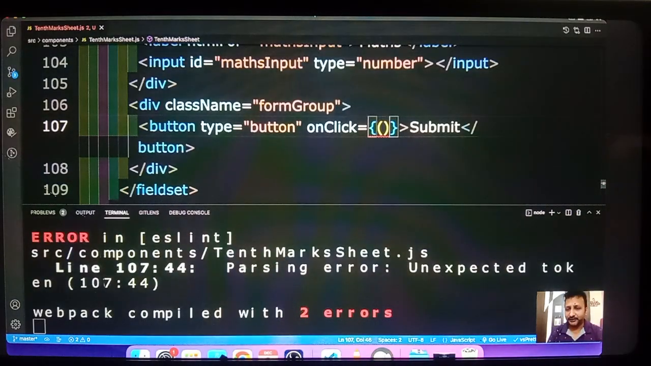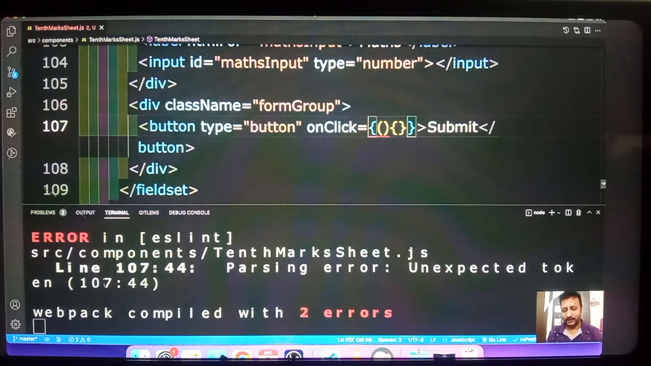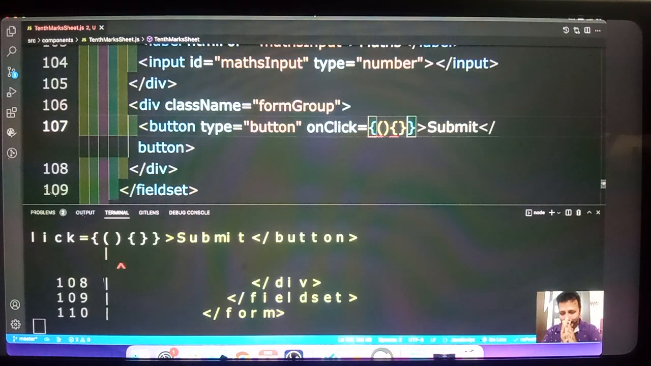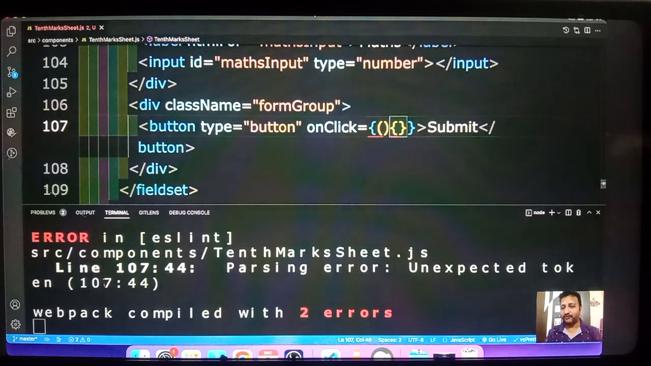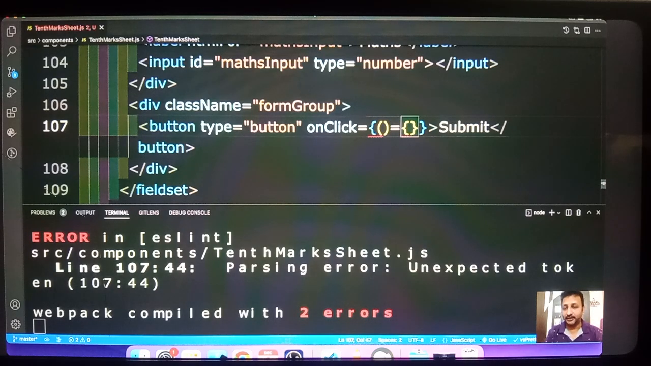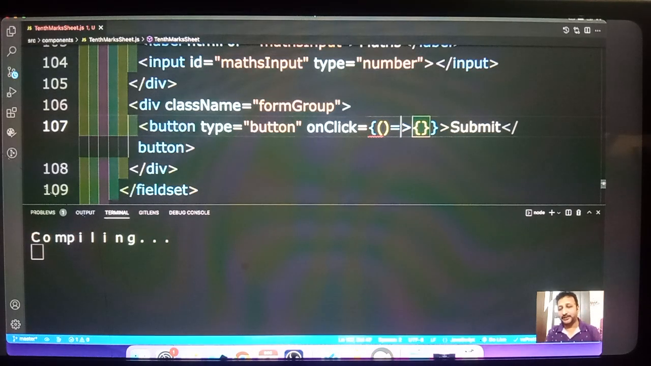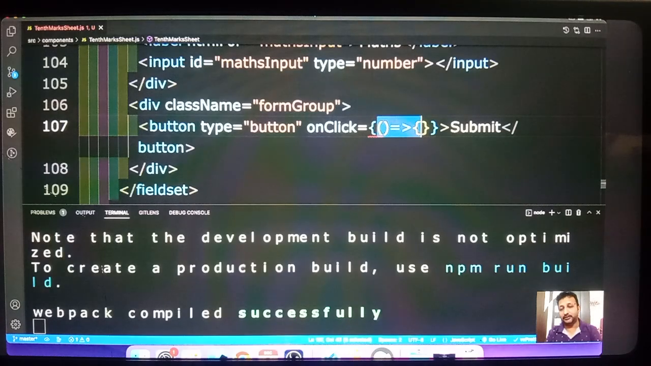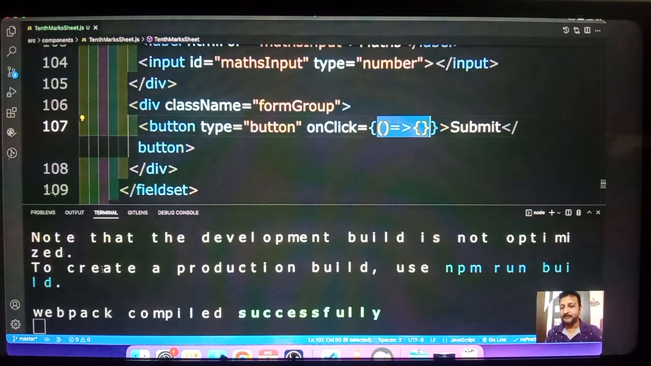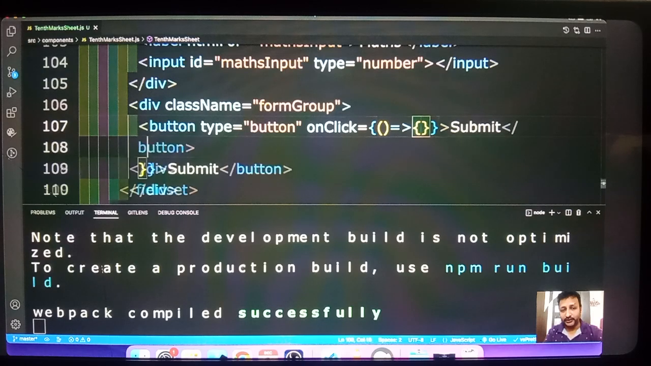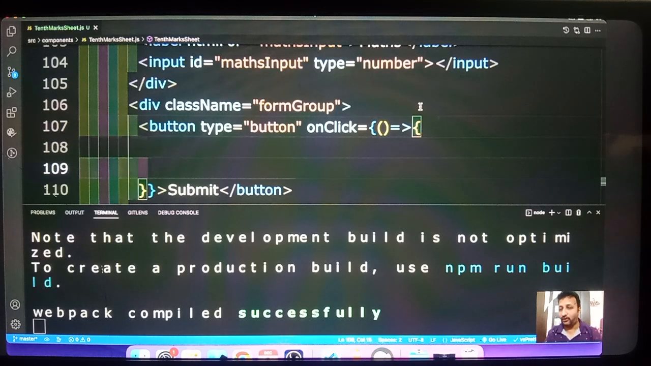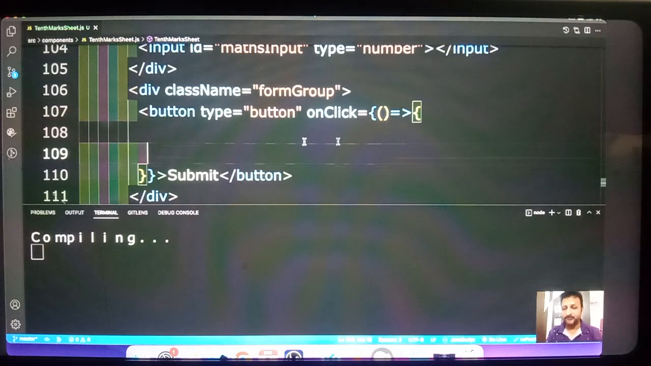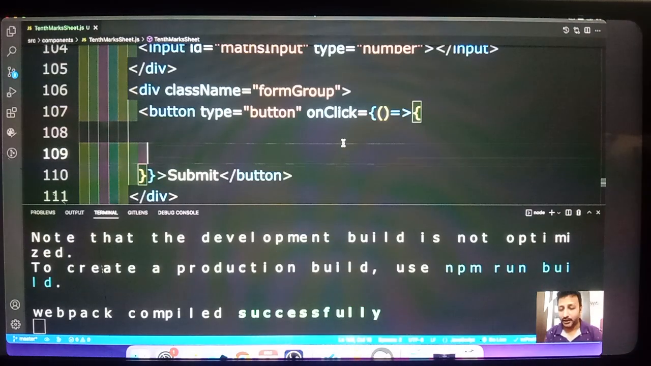One set of parentheses, one set of flower brackets, and an equal to and greater than symbol. We call it an arrow. Now this is called an arrow function. And now, whatever you write within these flower brackets, that